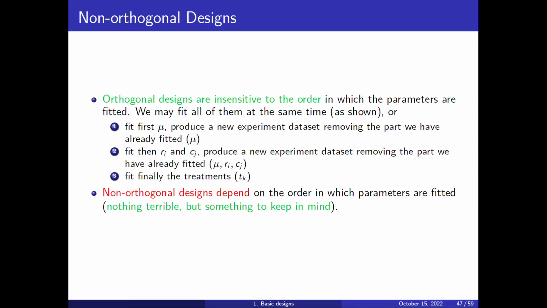The important consequence is that we can no longer use the formulas that we know for calculating the treatment effects, the row and column effects. So what we did before was the average of the treatments minus the overall mean, or the average of the rows minus the overall mean. So we cannot